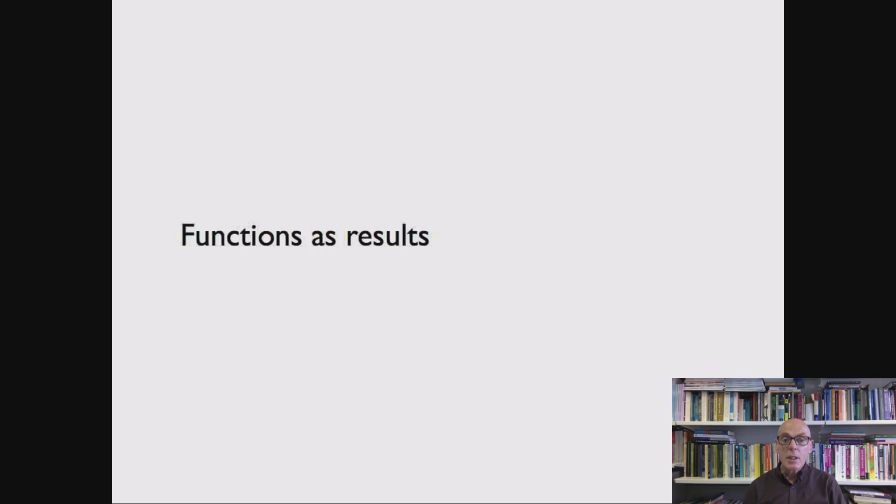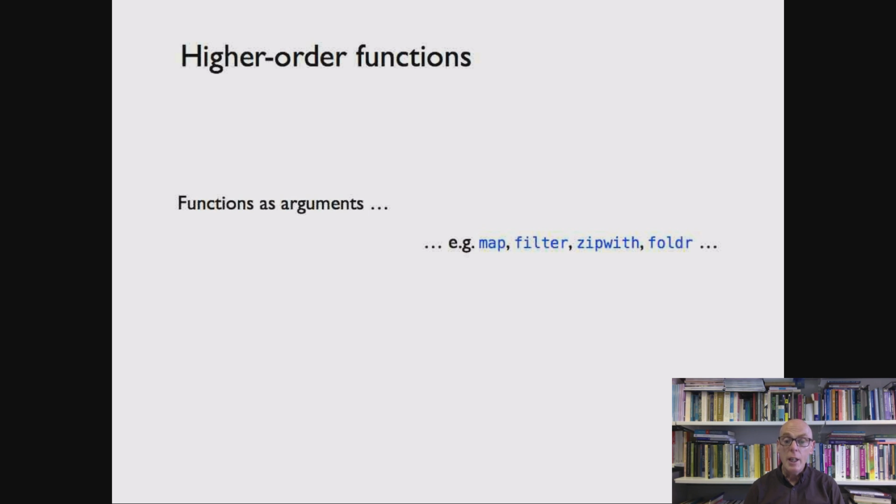When we looked at various patterns over lists, map, filter and so on, what we did was realise those as functions that take other functions as arguments. What I want to do here is talk about the converse to that. That is, functions that return functions as results. And we're going to look at two particular examples in this short activity,